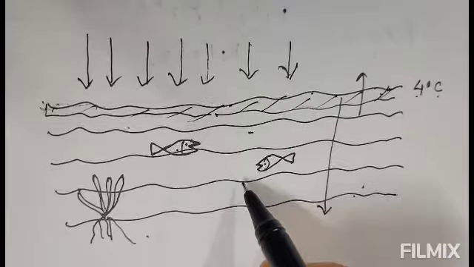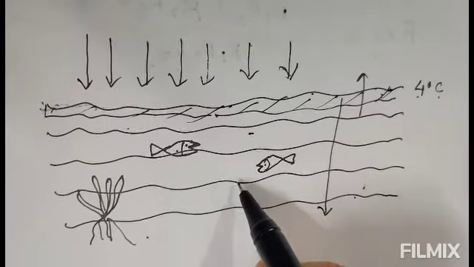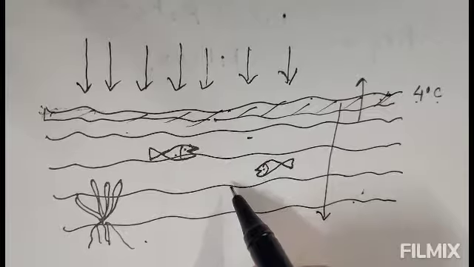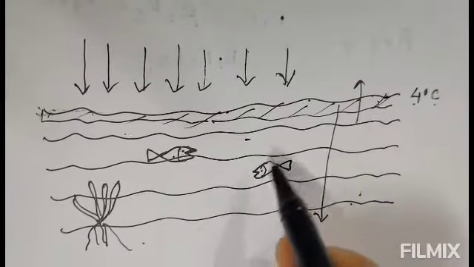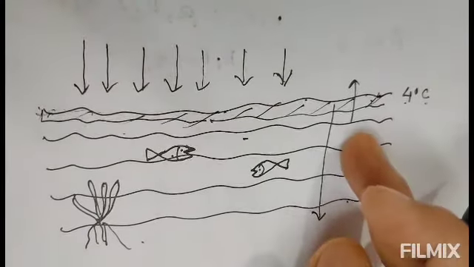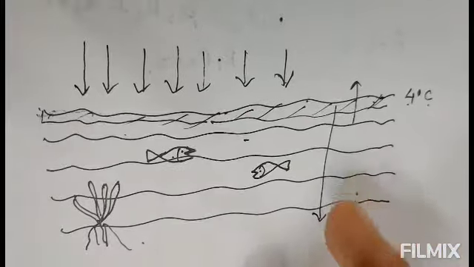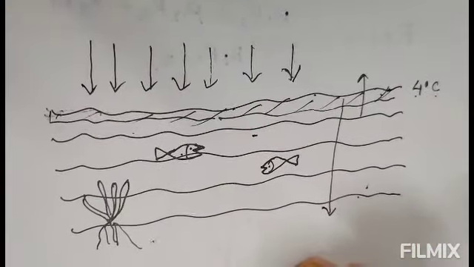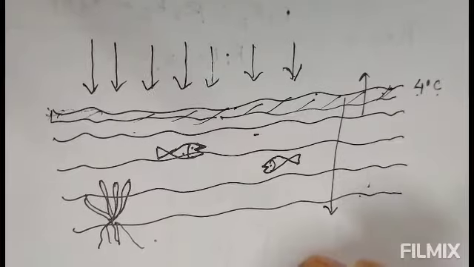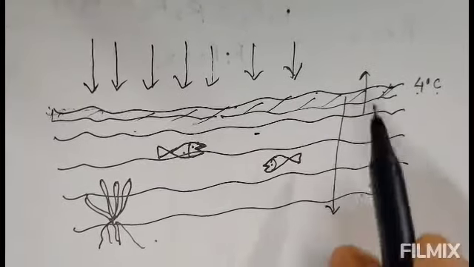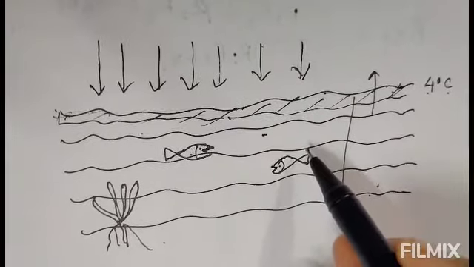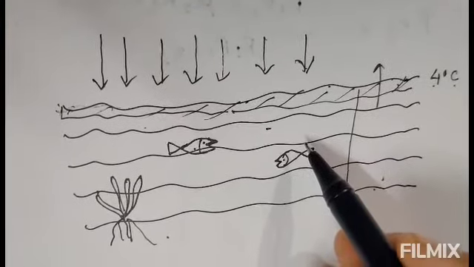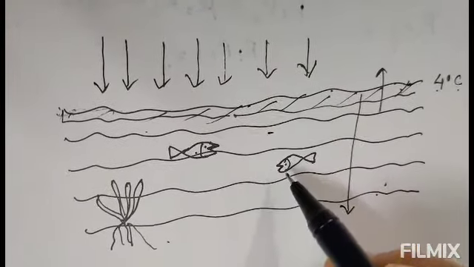Okay, so because of that, if the water doesn't have this property, where the colder water becomes less dense and remains at the surface where it freezes, then lakes and ponds will freeze at the bottom, which will destroy many plants and animal life. So this anomalous, or abnormal, behavior of water will serve as a blessing for aquatic life.